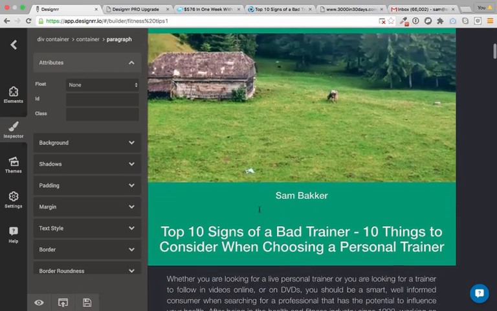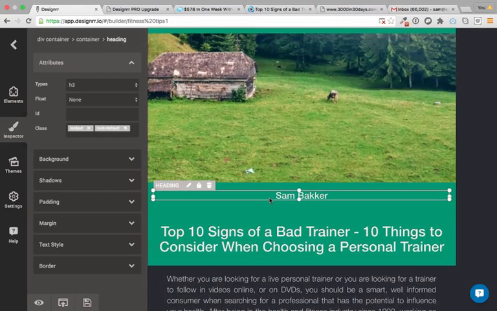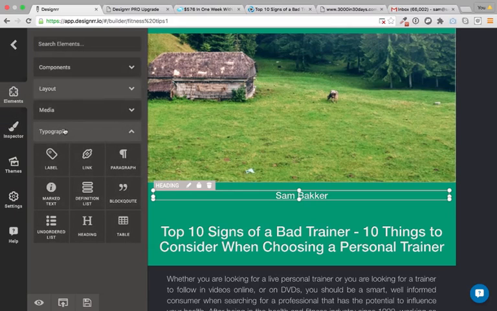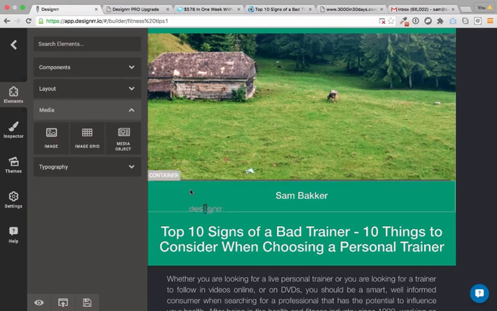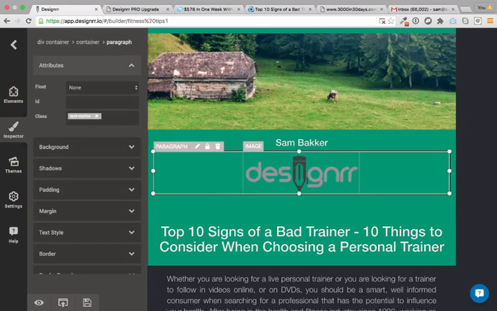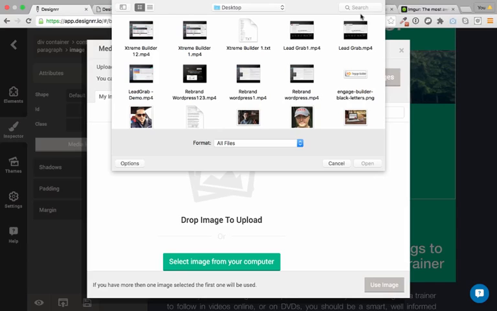Now there's one final thing that I want to cover, and I would really encourage you to do this, to get to know your audience better, and so your audience knows you. I highly recommend using your own image, and I say that because if you are using your own image, it gets people familiar with your face. And if you can add your own image in here, for example, if your name is Sam Backer, we can add our image in, so we'll go Sam,